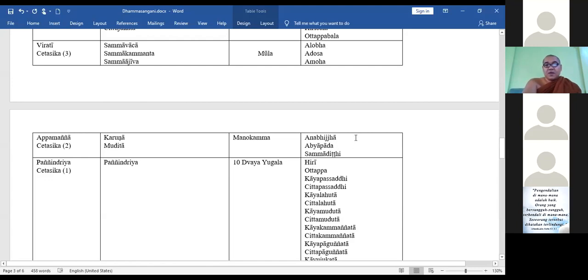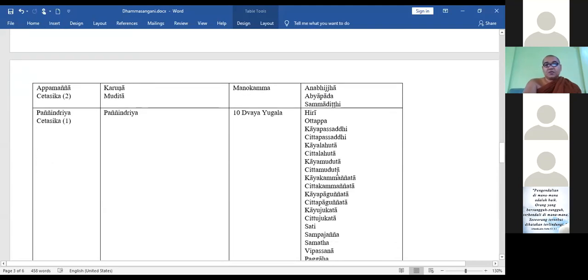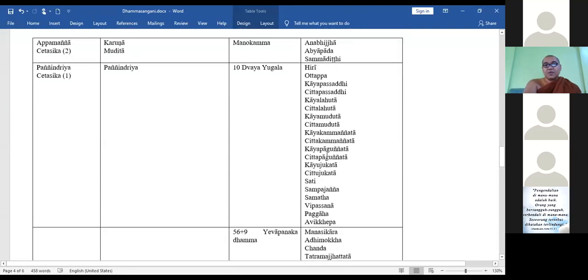Anabhijjha means non-covetousness. Abyapada means no evil. Samma ditthi is also right view. So also hiri, ottappa, kaya passaddhi, citta passaddhi, and so on. So very peaceful mentality. Sometimes here referring to the words kaya passaddhi, citta passaddhi, these pairs,